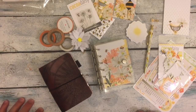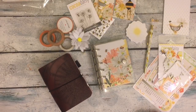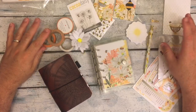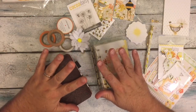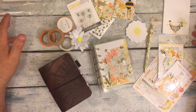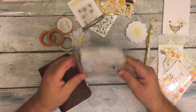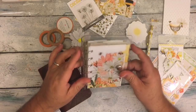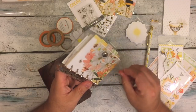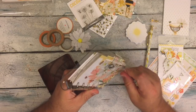Everybody, I'm here for a quick little video. I did something today. I had a little bit of free time in between orders, and I decided to pull out some of the things from my Cocoa Daisy August kit, and I decided I wanted to set up this little guy. This is one of those clear, I guess it's some sort of a vinyl, polyvinyl